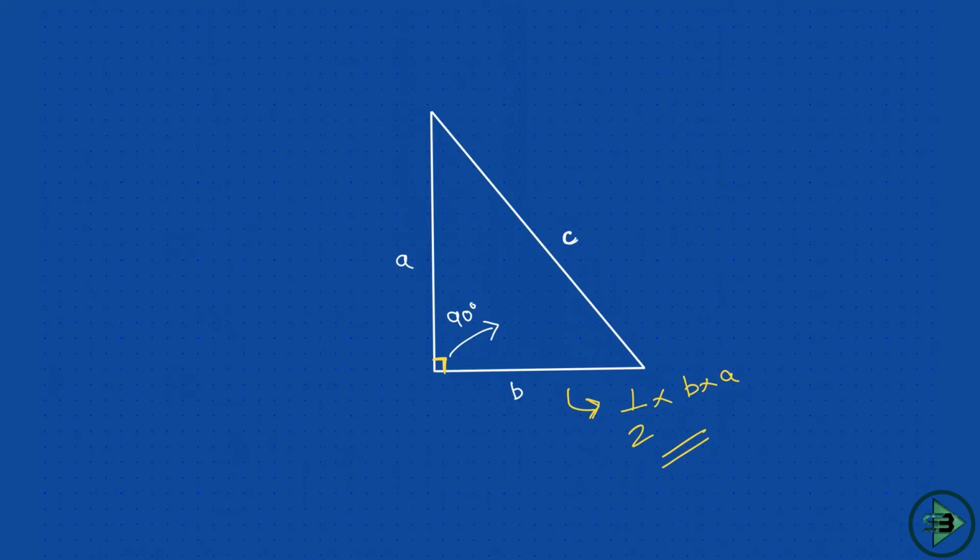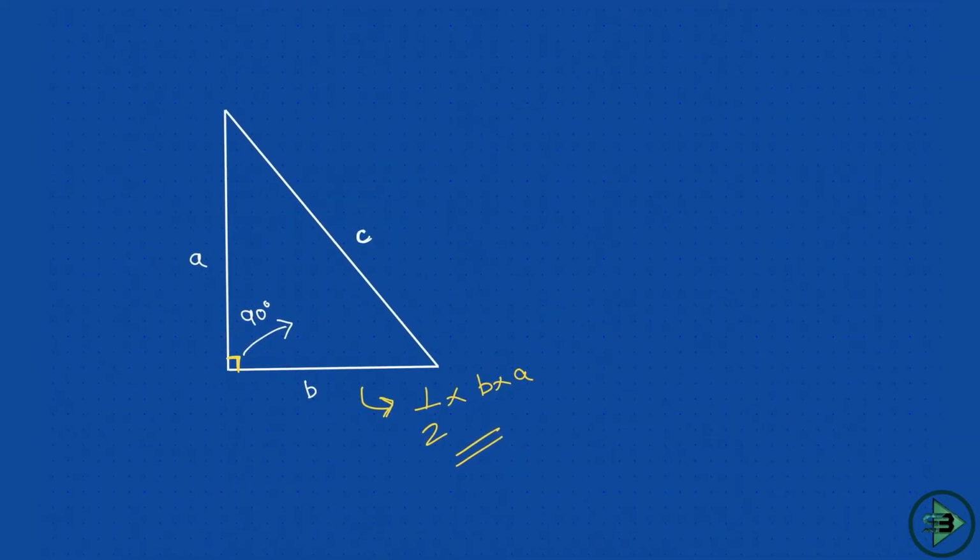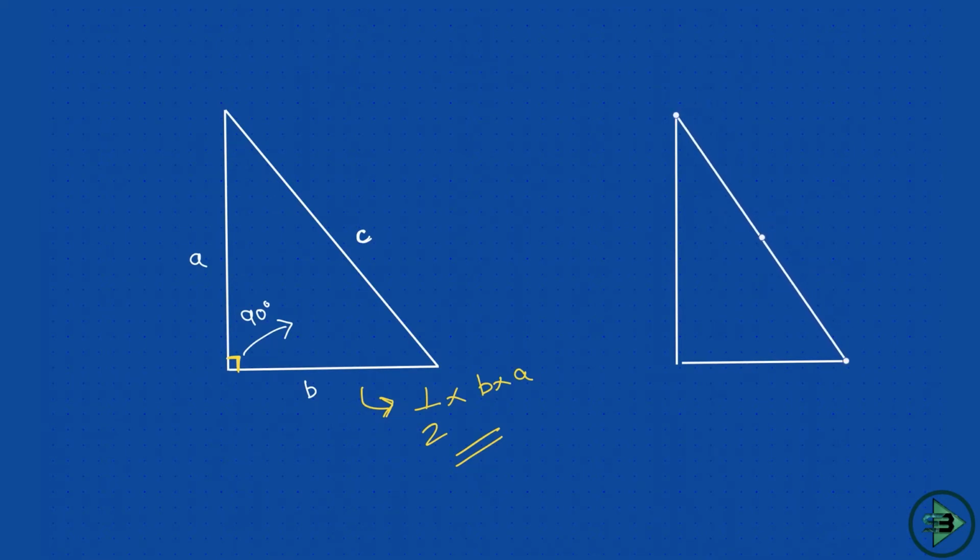Now let me put a variation to this. This is a right angle triangle, correct, but this is an isosceles right angle triangle. What is an isosceles right angle triangle? Let us make it like this, and this will also be equal to 90, but it's isosceles. Isosceles means two sides are equal, which means this angle is equal to this angle. So this side, if this is A, this is also equal to A only, because it's isosceles, and this is your hypotenuse, and let this side be equal to B.